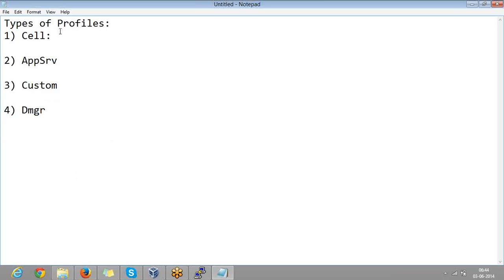What is meant by cell profile? A cell profile is nothing but when you try to create a profile by the name cell profile. Once you have successfully created a profile by the name cell profile, automatically the app server profile plus the DMGR profile will be created for you. I'm just saying that I'm creating a profile by the name cell profile. The moment I